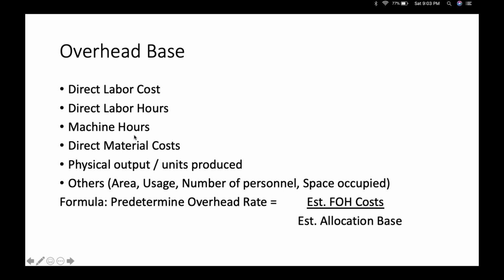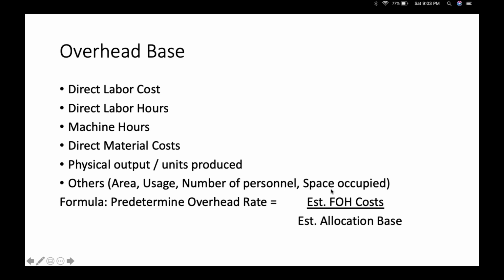Or you can also use other bases like floor area, number of times of usage, number of personnel, or space occupied. Since we allow other bases to be used to estimate the predetermined overhead rate,